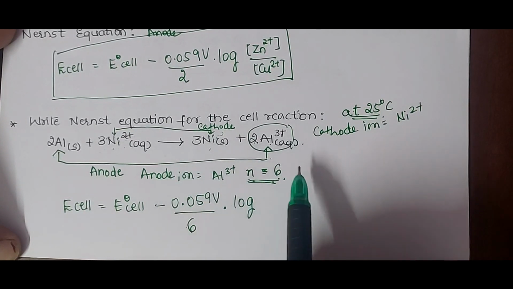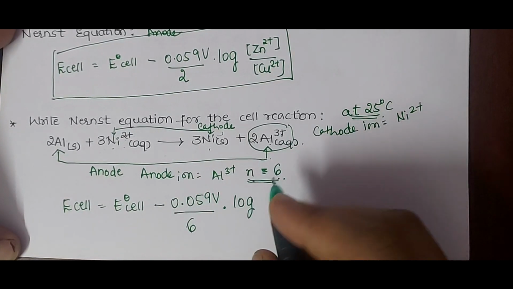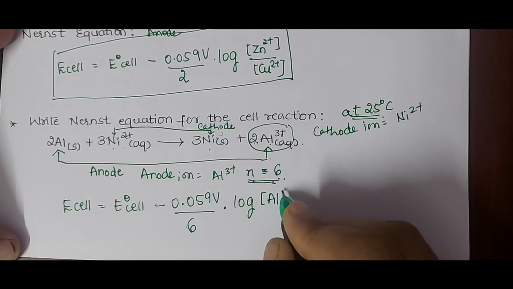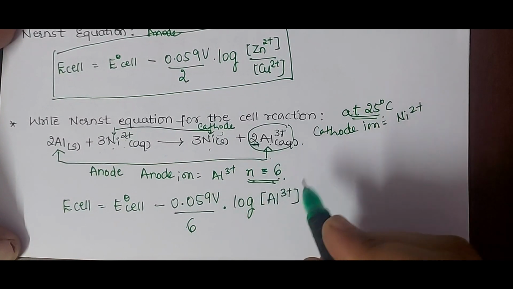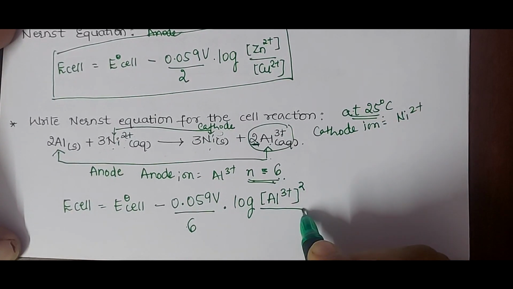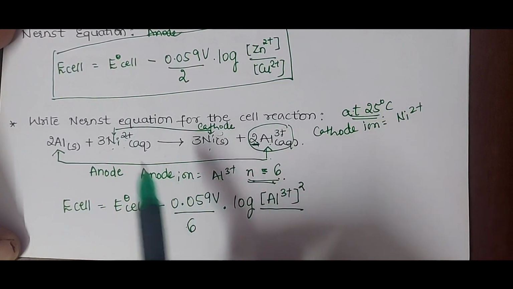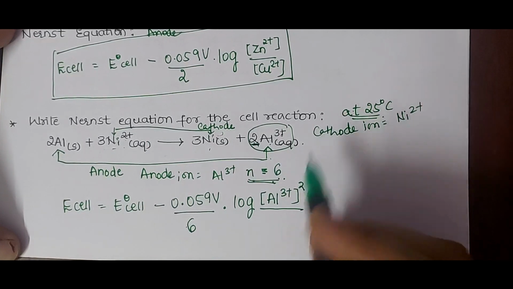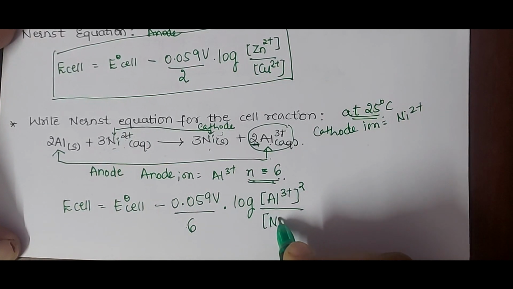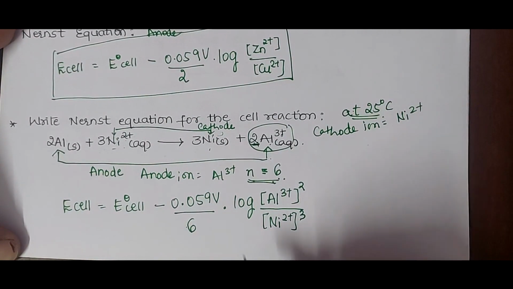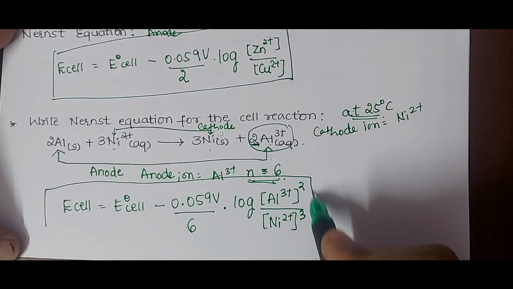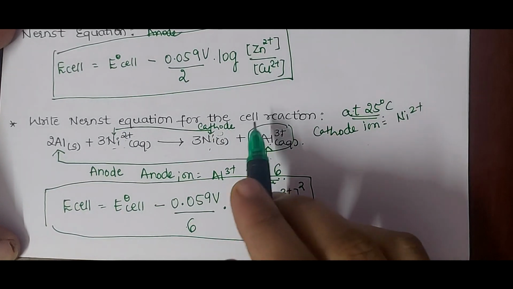So here, what is our anode ion? Anode ion is Al3+. Al3+ raised to the power, how many moles are there? 2. So raised to the power 2, divided by the cathode ion. What is our cathode ion? Ni2+. How many moles of Ni2+ are there? 3 moles are there. So Y value becomes 3, and this becomes your Nernst equation for the given electrochemical cell